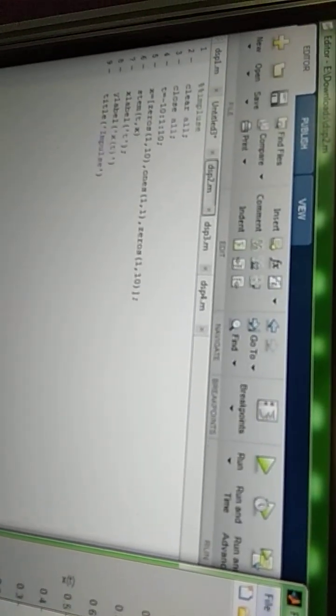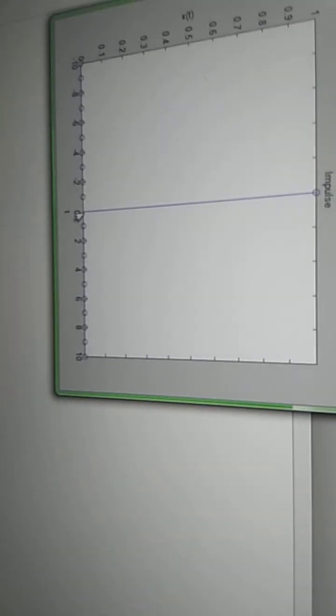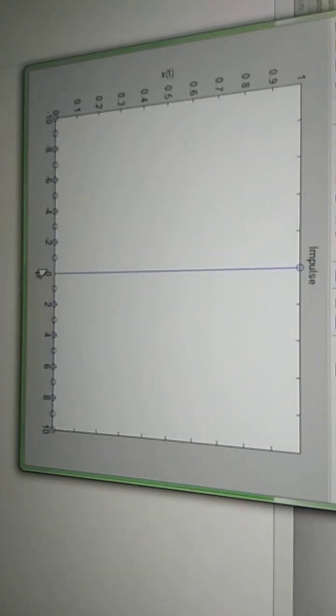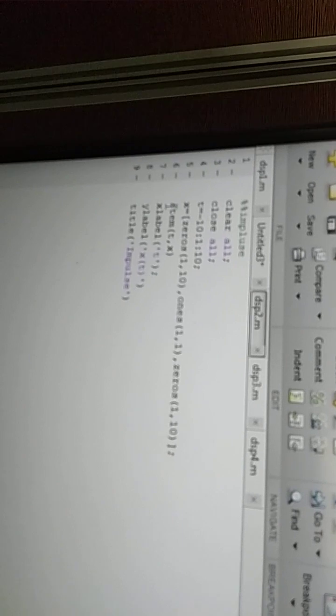First -10 to 0, and then at 0 it shows the output 1, and before that it shows the output 0. So for that reason we will write ones(1,1), and then correspondingly zeros for the second part of the time domain. So for that you write zeros(1,10), and then you write stem for plotting the output, and this way we get the output of the impulse.